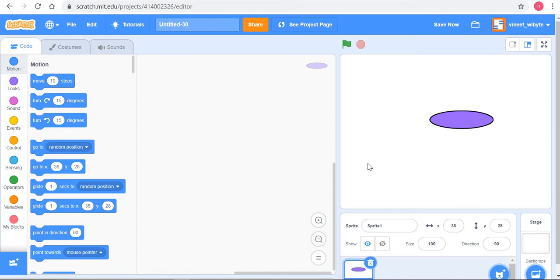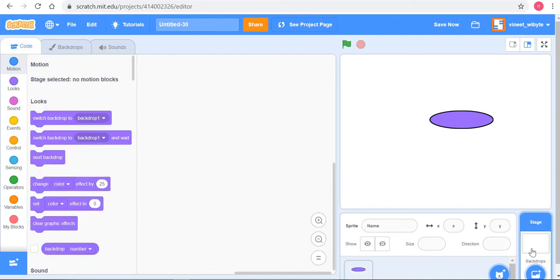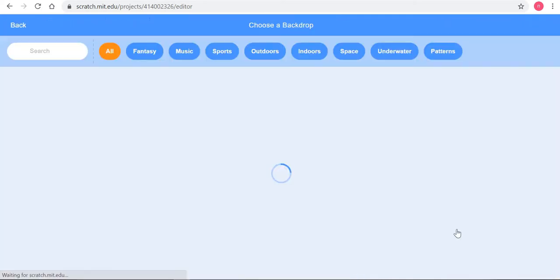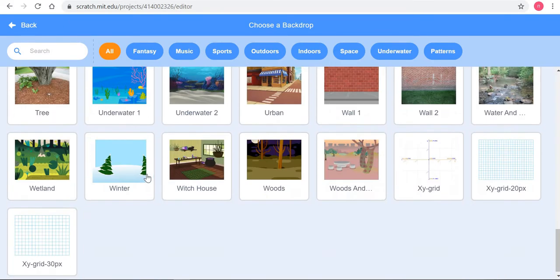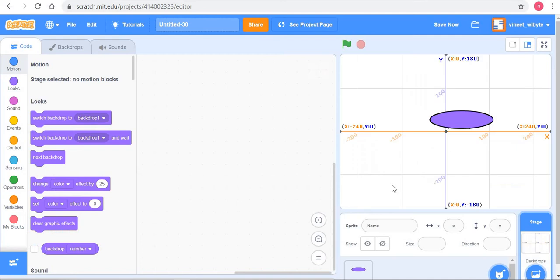So I thought it's a good idea to just review the basic concept on how this whole thing happens, how the placement of this thing happens, right? So for this purpose, let me create a new backdrop, and the backdrop I like to use for illustration's sake is the XY grid, right? So we'll use this backdrop, right?